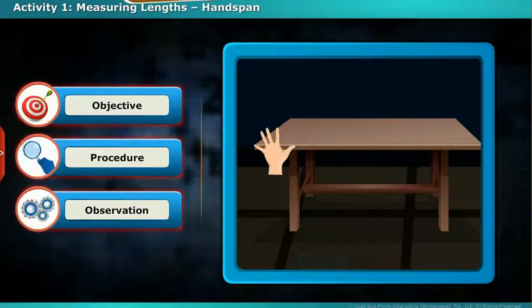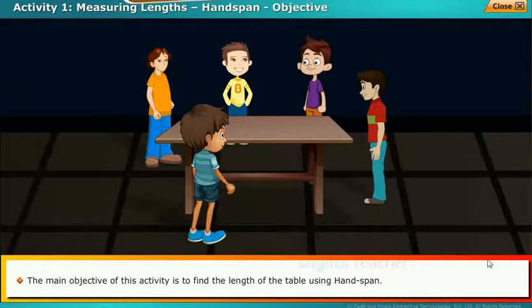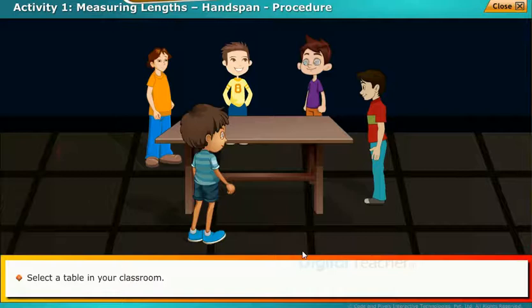Now, let us perform a simple activity to measure the length of a side of a table using hand span. The main objective of this activity is to find the length of the table using hand span. Select a table in your classroom.